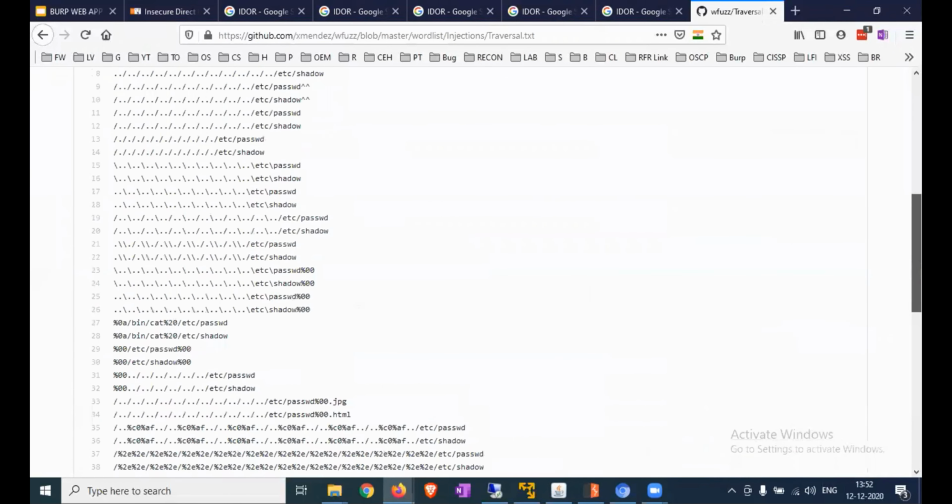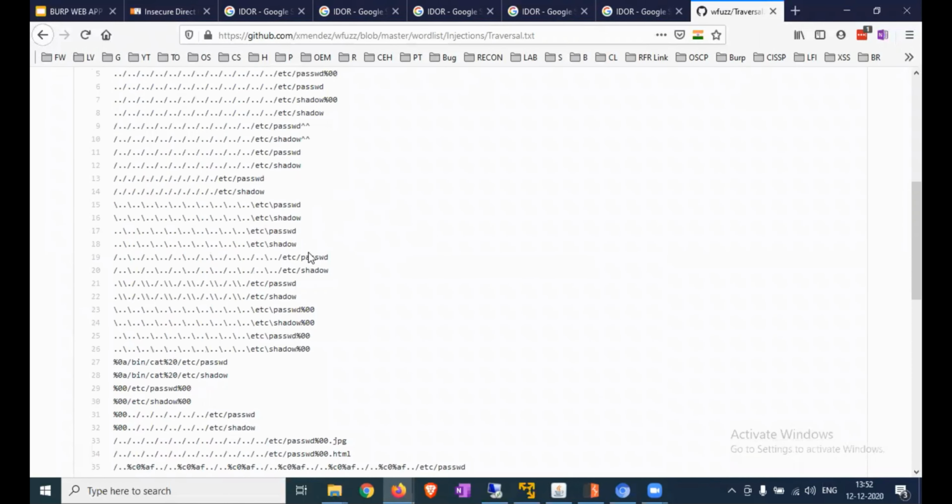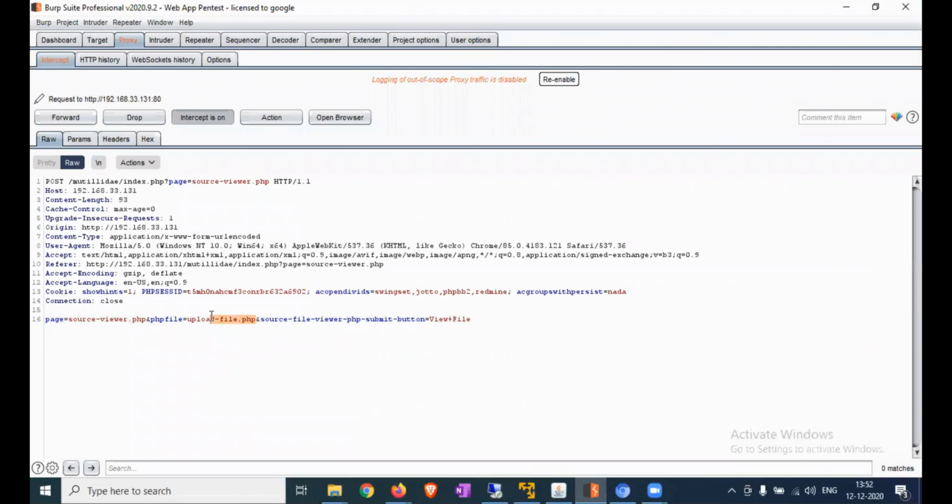We are simply replacing it with the password file. Okay, for testing purposes we are using this. So now we have changed the php file parameter value.